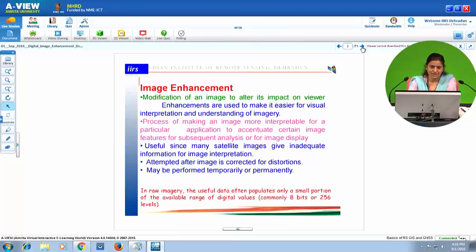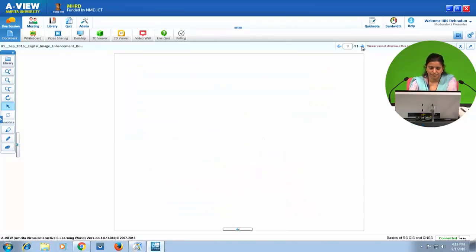So the raw satellite data does not occupy the entire digital range, but populates a very narrow range, suppose 10 to 40, 10 to 80 and so on. So we are not getting proper contrast, and the features are not identifiable to us. That is why we attempt image enhancement, so that we can make the image more interpretable.